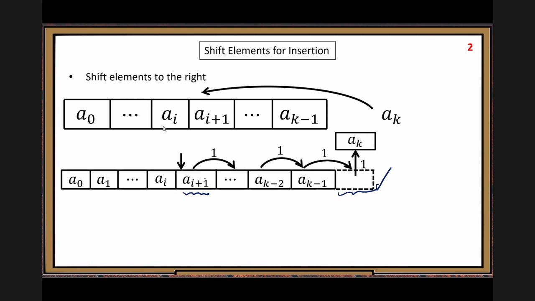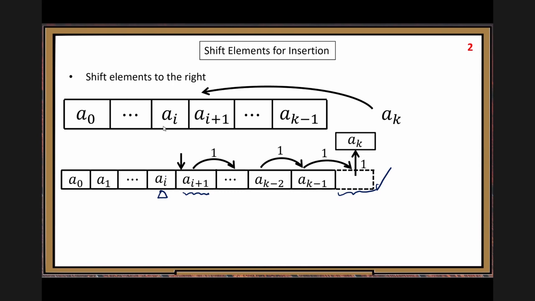But sooner or later, you will hit some element that is less than or equal to AK, right? Here, let's assume this element AI is less than or equal to AK. Equal, we should stop. Equal, we do not need to move